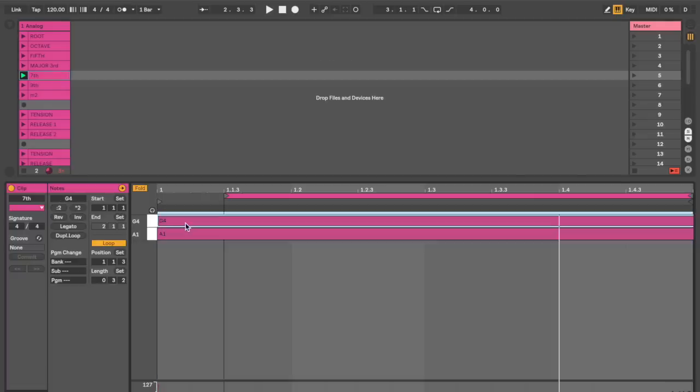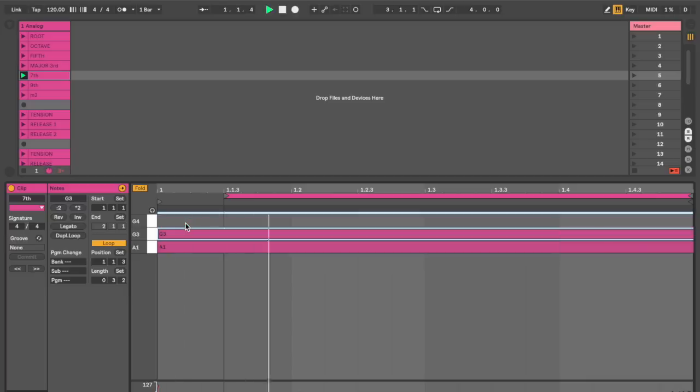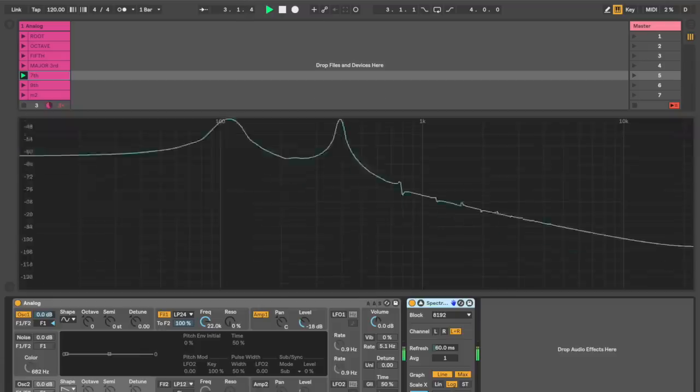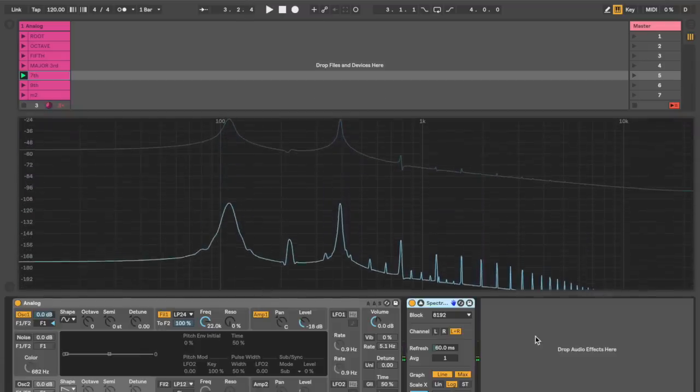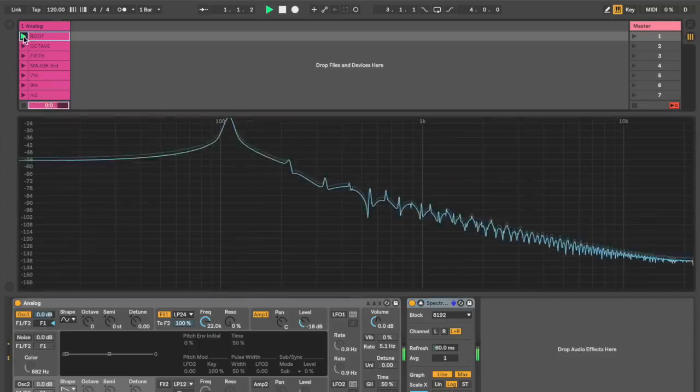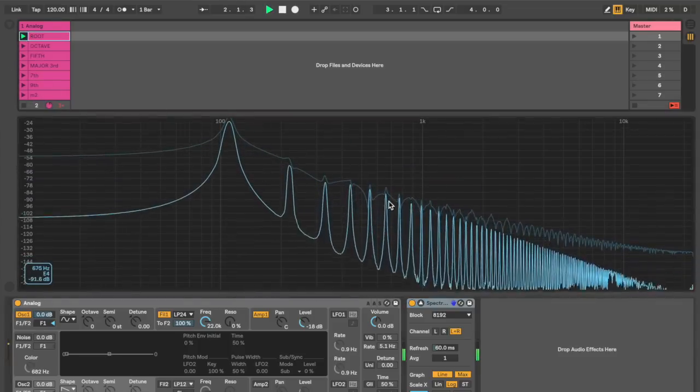Let's go ahead and take that G, lower it an octave. Okay, a little bit more manageable, but there's a bit of dissonance there that's starting to appear. Let's go back to our root. Looks like after our G here, we just have another octave, and above that we have a B,